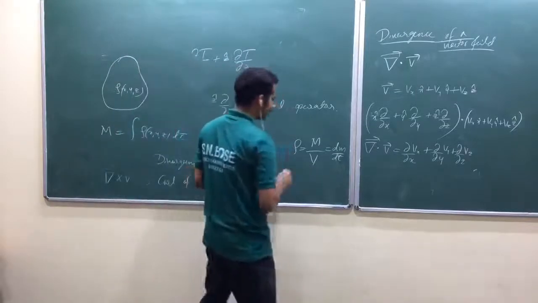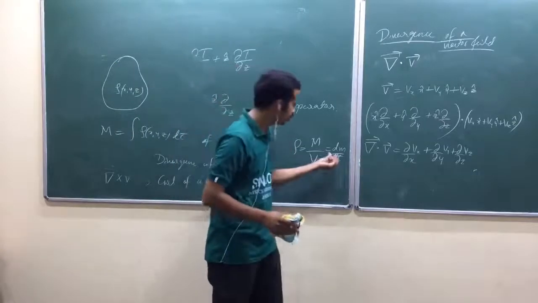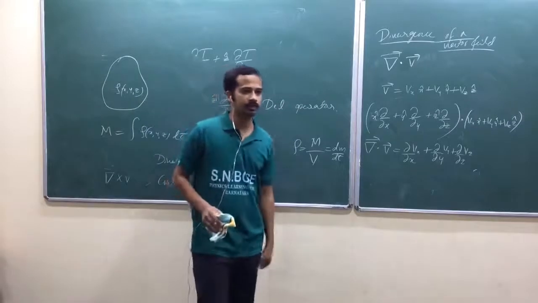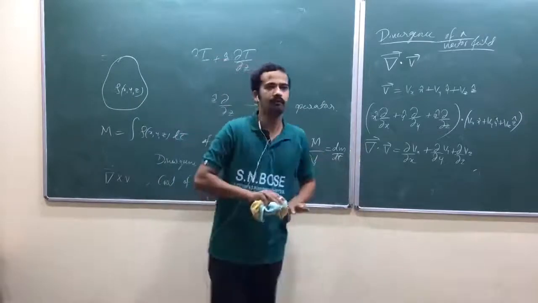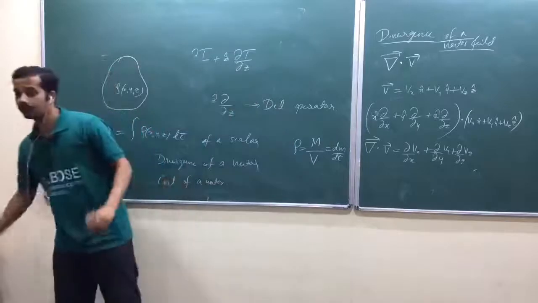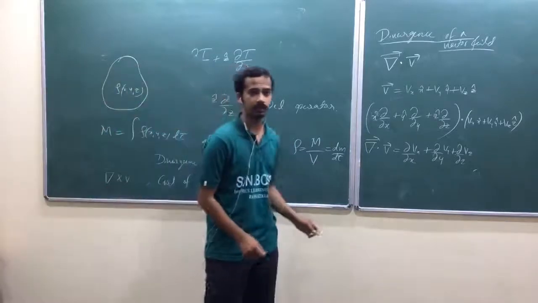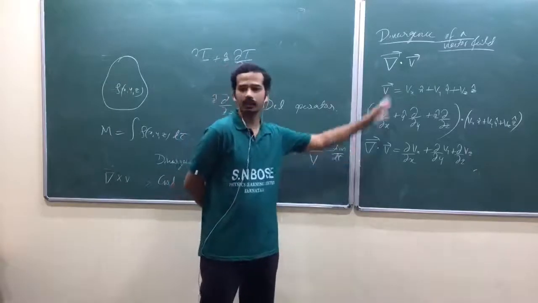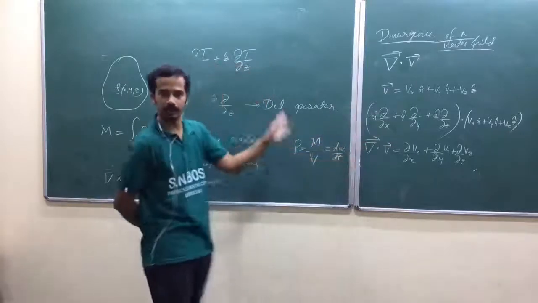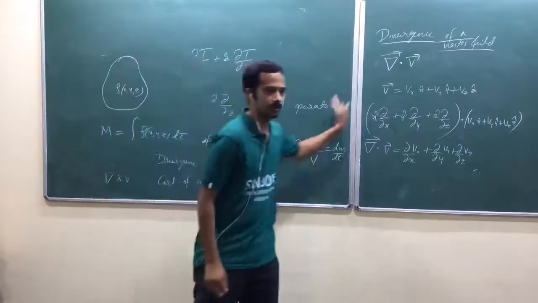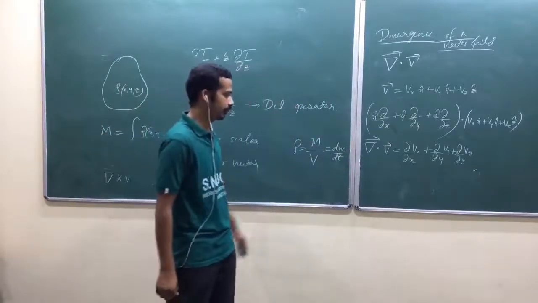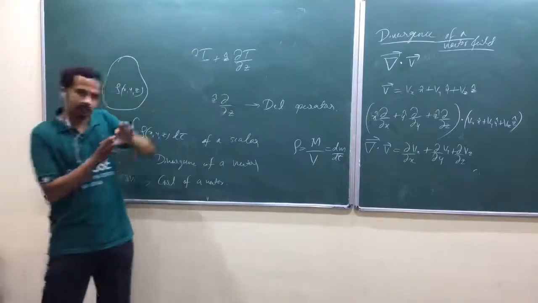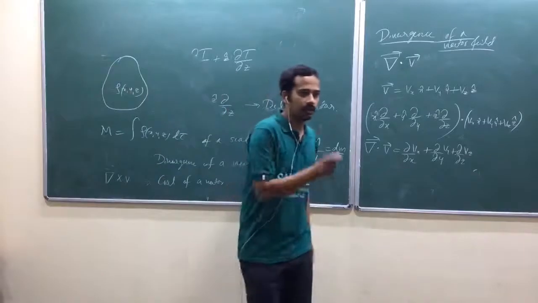Now look at here. To define this density, you need a small volume, isn't it? Unless, you can't define that one. Similarly, this is a volume density of a flux, outward flux. So flux is a scalar quantity. In the morning I tried to interpret: phi equal to E dot dA, like that. Now I have a vector field V, not electric field. It's the most general one. Whatever we are doing is the generalized vector calculus. So that is a volume density of the outward flux, I mean outgoing flux.